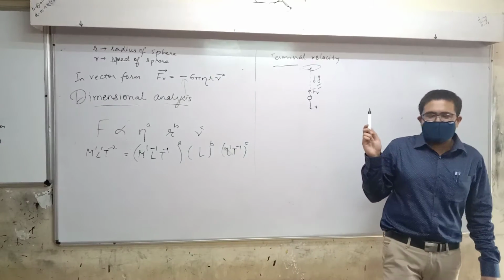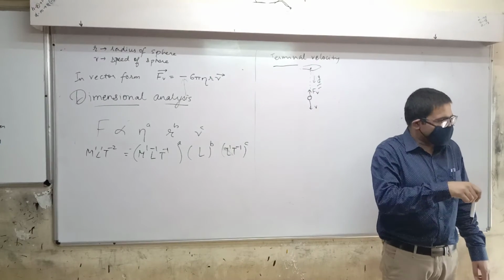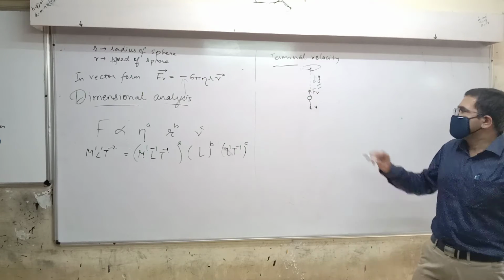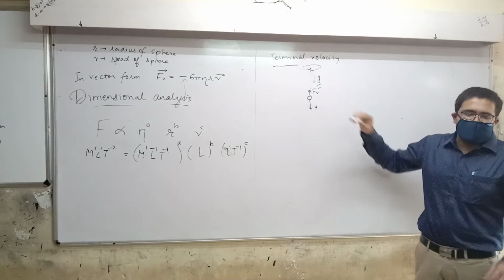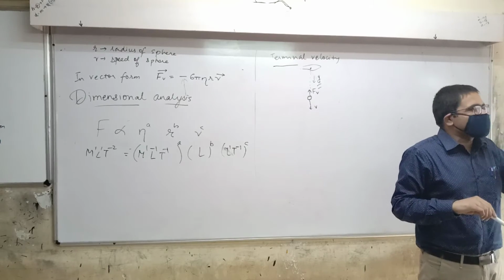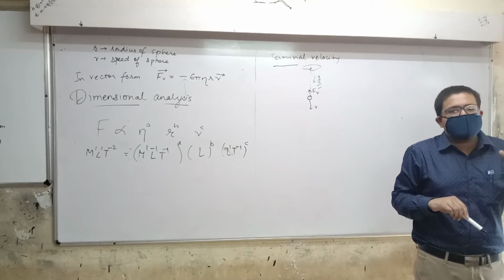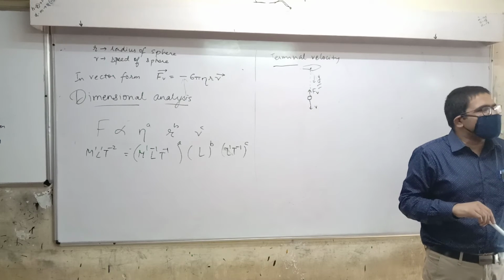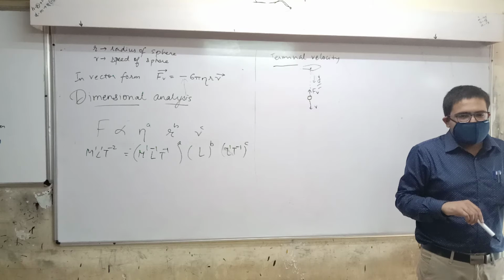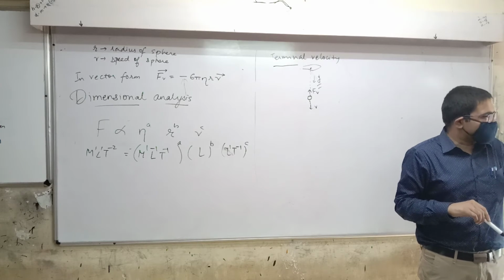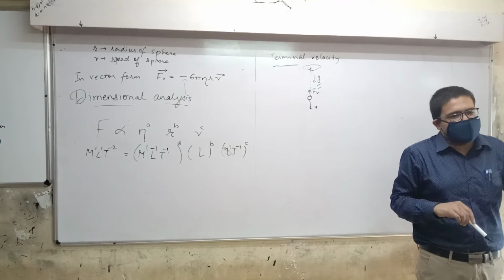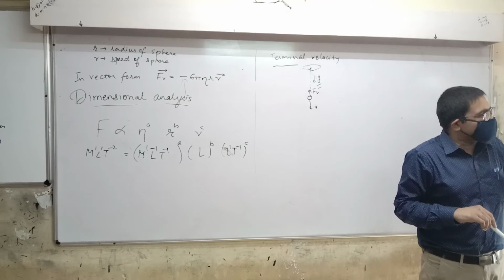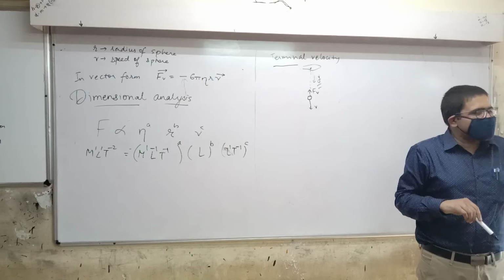What does that minus indicate? Velocity, if it's downwards, then viscous force shall be upward, opposite. So because of that, the speed will not increase continuously. After some point, the speed will become constant. You understand what I'm saying? First it will increase, I agree. From 0 it will start increasing: 10 meters per second, 20 meters per second. Ultimately a point will come where the speed becomes constant, and it doesn't change any more.